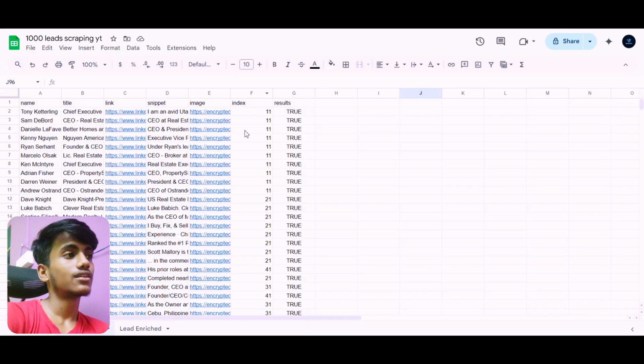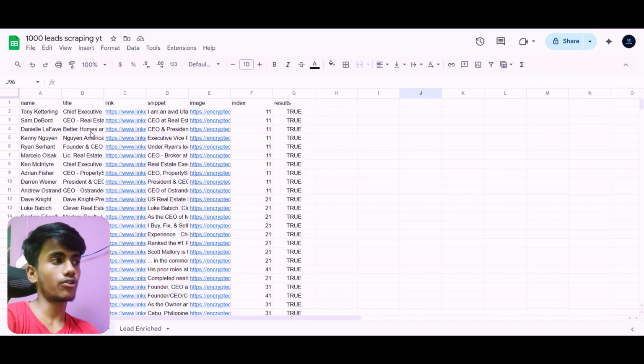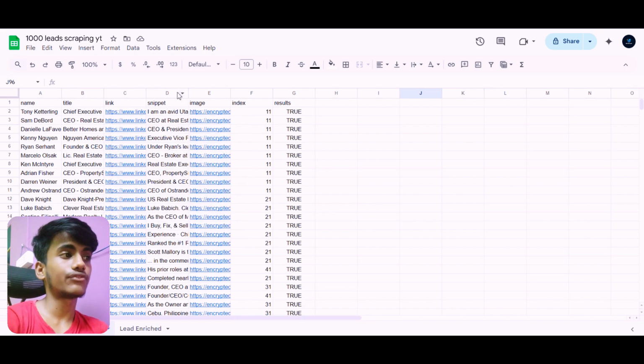Now if I show you the database, you can see the only contact touch point we have is their LinkedIn URLs, right? We don't have their phone number or their email, which we can use for our cold email campaign or maybe for cold calling, right? So this is the downside of this automation, that you only get the LinkedIn URLs to contact them.